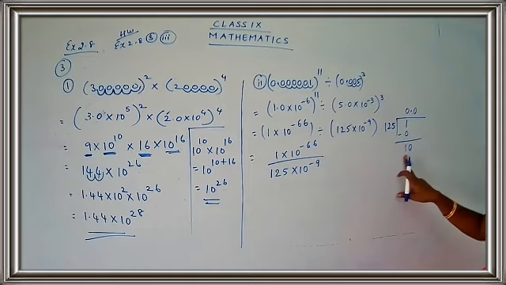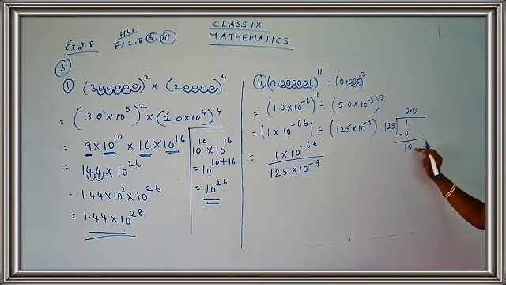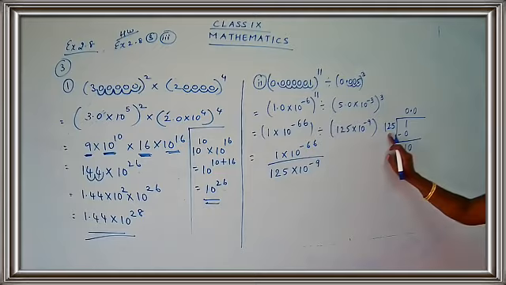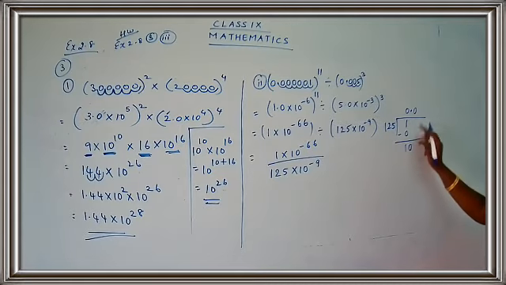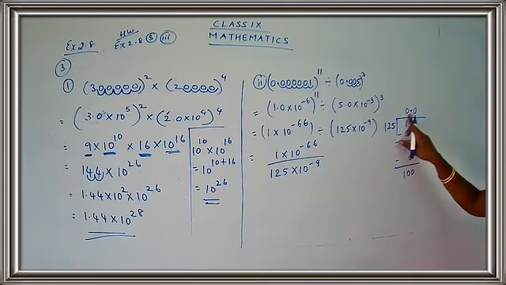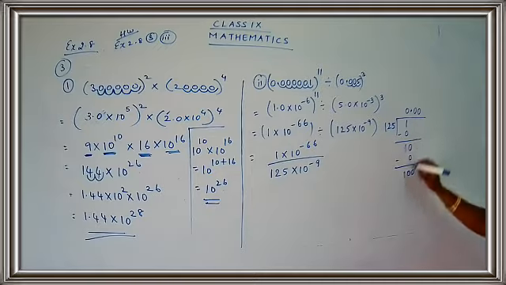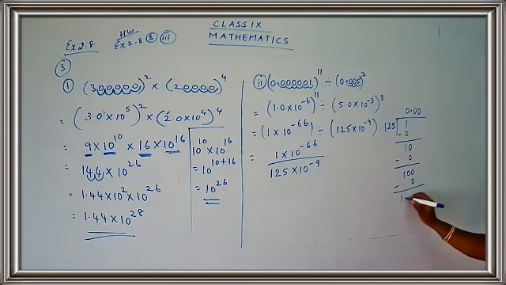Again, 1 is not divisible. So I'll just introduce a decimal point. So once I introduce a decimal point, I can add 0. I get 10, which is not in the table of 125. I put here 0. Again, I put here 0. I get 10. I'll add one more 0 because I have already put a decimal point. So 100 is not divisible by 125. So I'll just add one more 0 over here. I'll put here 0. I'll put the answer as 100 and I'm going to introduce one more 0. So I get 1000. Now